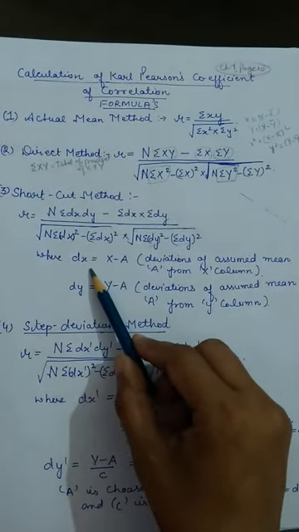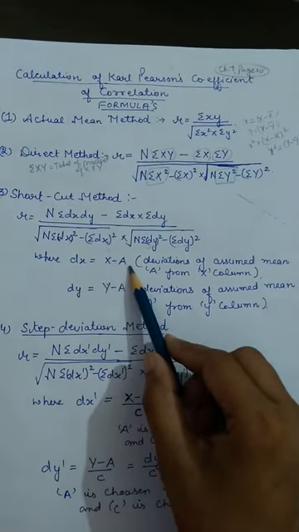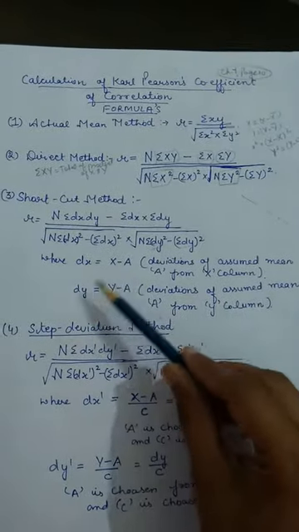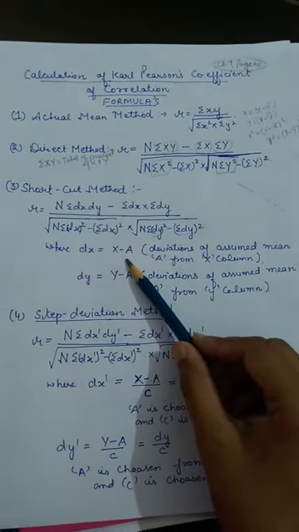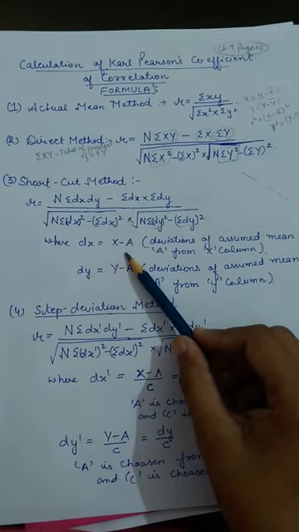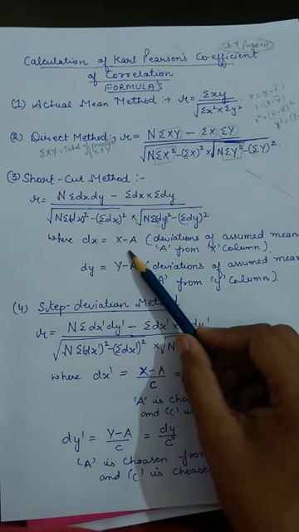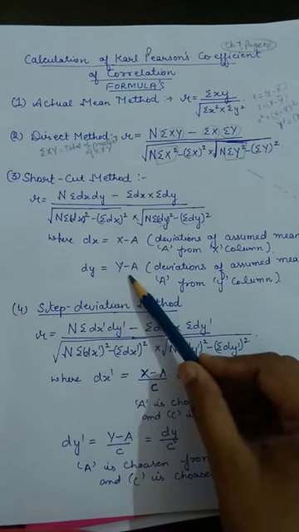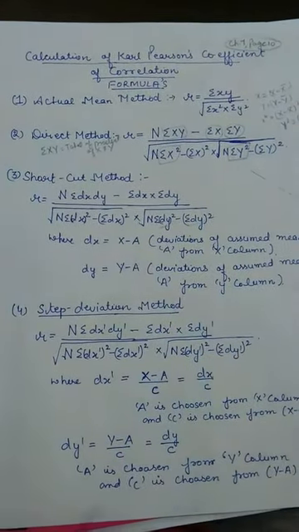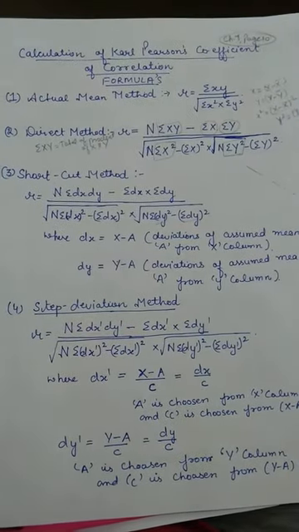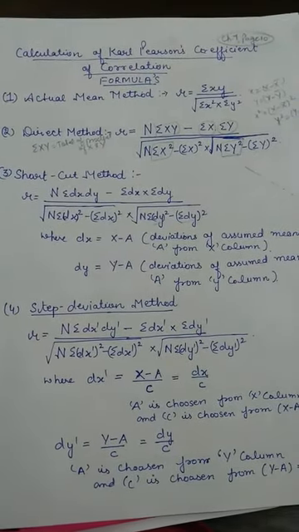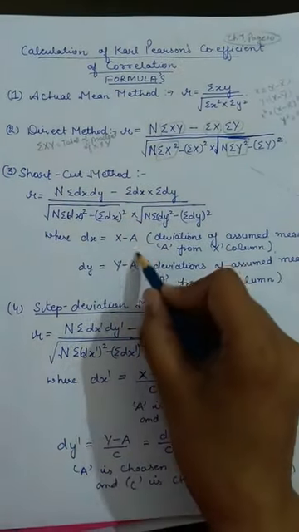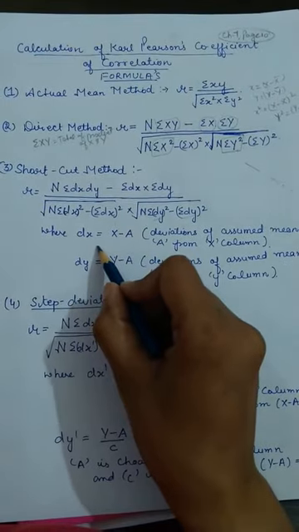What is dx here beta? Now dx is your x minus a when you take deviations of assumed value from x column. This you have done so many times in your mean method also. You have done it in your standard deviation also. So the same thing you have to use here also. This is your deviations from y. So I think you have come to know what is your dx, what is your dy, and what could be your dx square now. Whatever value you will get in this column, you have to just square them up.